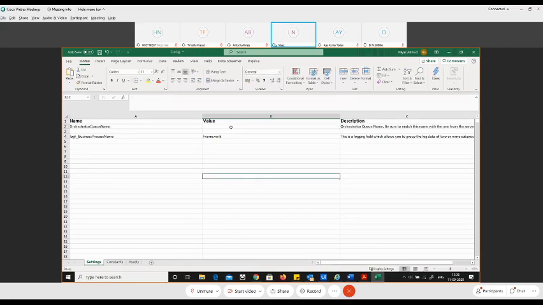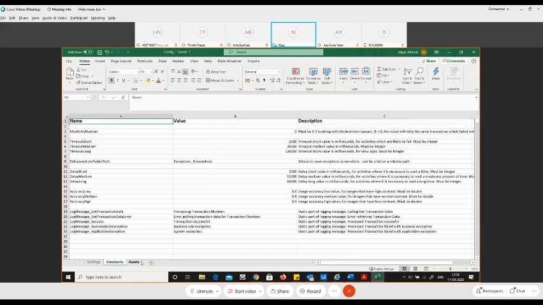Say for example, I will call this ref form data. That makes sense. So my queue name is ref form data. This is the value that I have updated in the config file, and there's nothing much else.